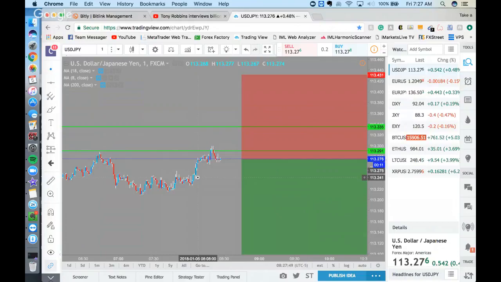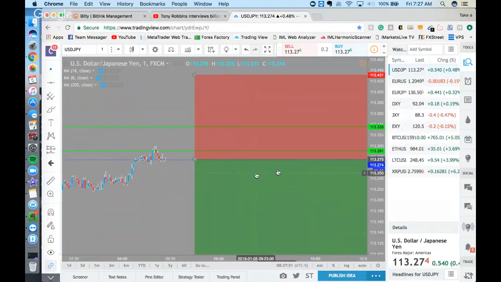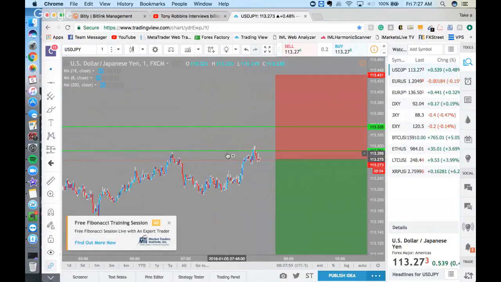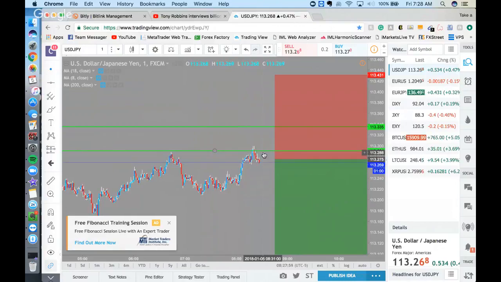So what I am looking for, essentially, once everything forms up, is a quick fake out. I'd love for this to push up and come hit this line in the next minute. This push down isn't the best, but we are really waiting for the last 30 seconds before the candle drops. So what I'm going to do is pull up